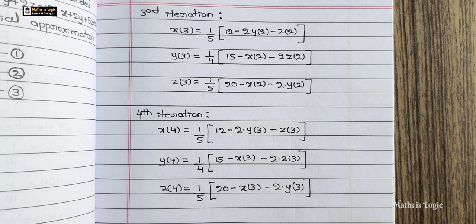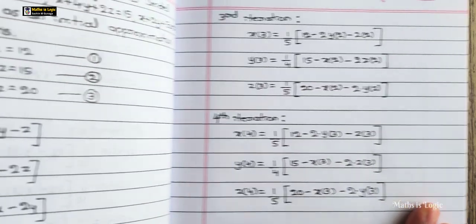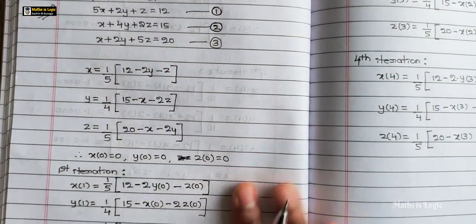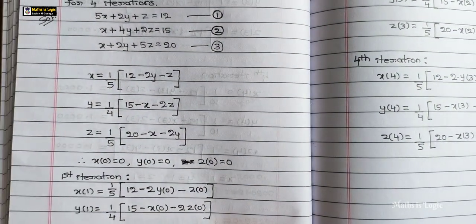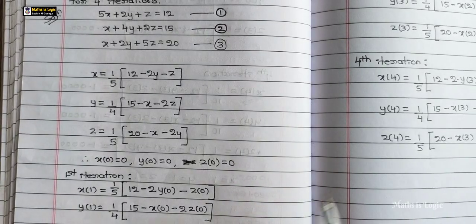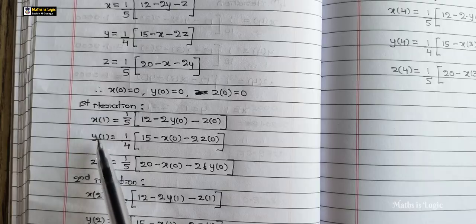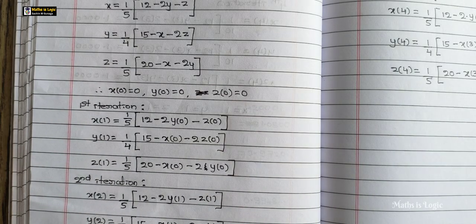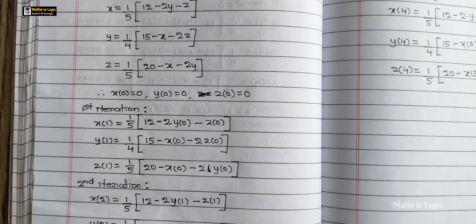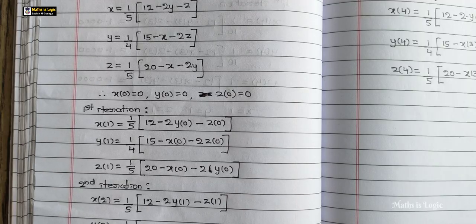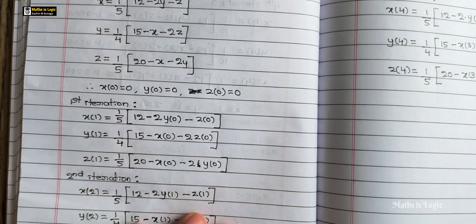Okay. So after writing all 4 iteration values, next directly use the calculator. If you use the calculator directly, you will get all first iteration values, all second iteration, all third iteration, as well as all 4 iteration values. Therefore